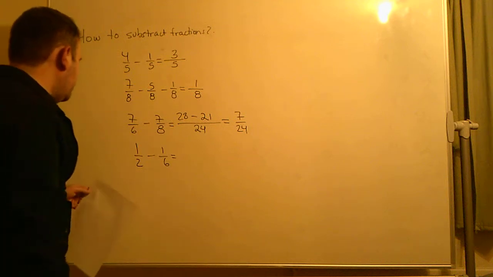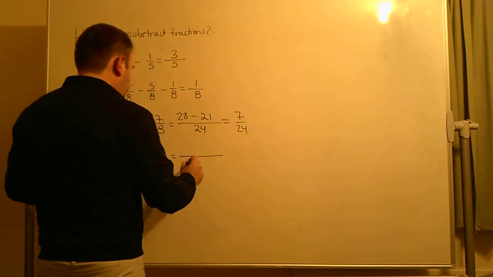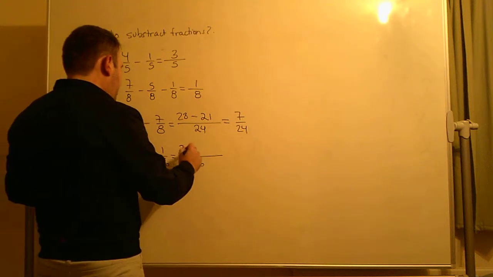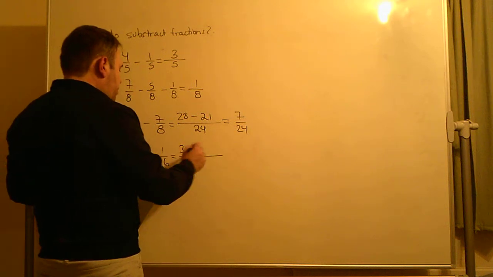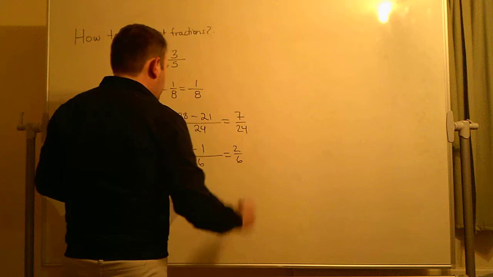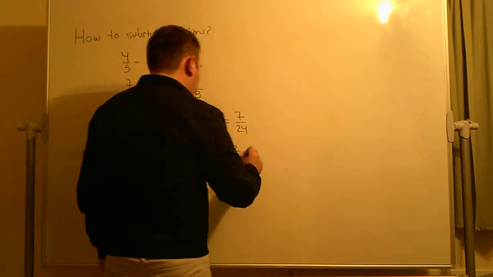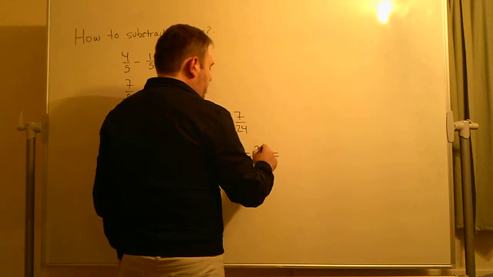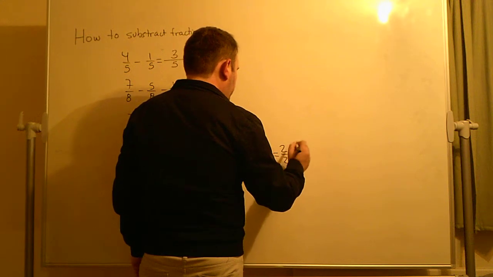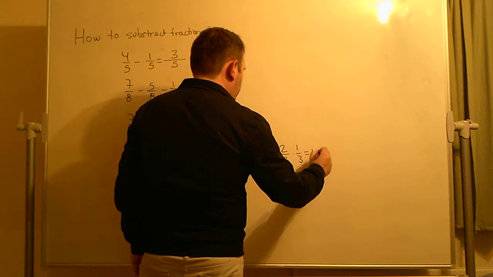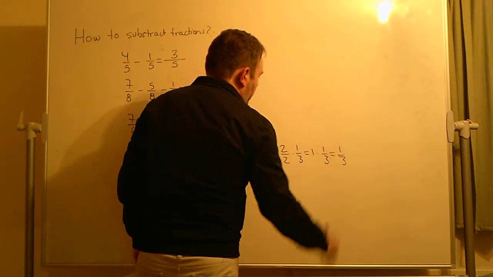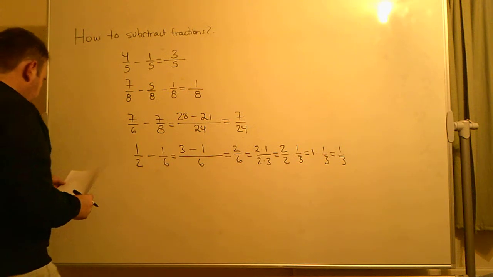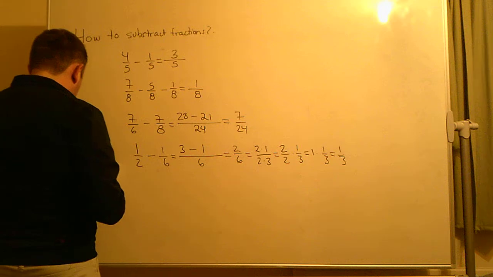One half minus 1/6 would be, well, once again the least common multiple would be 6. 6 divided by 2 is 3, times 1, 3, minus 6 divided by 6 is 1, times 1, 1, and then we would have 2/6. And then we remember, well, that 2 is equal to 2 times 1, and 6 is 2 times 3. So we can split this fraction up into 2, and then we would have 2 divided by 2 times 1/3. And then we would have 1 times 1/3, and the final result would be 1/3. Let's try another example. Like, for instance,